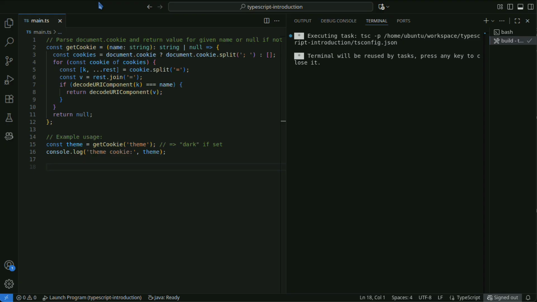HttpOnly cannot be set on the client side. Below is an example of adding SameSite and Secure on the client side. However, Secure only takes effect on HTTPS pages.